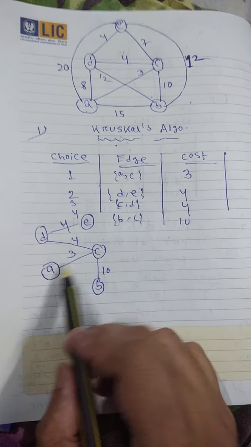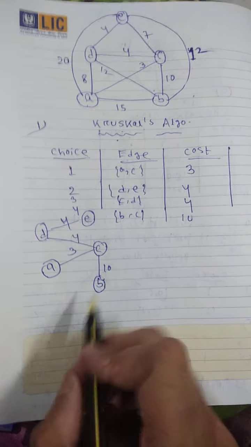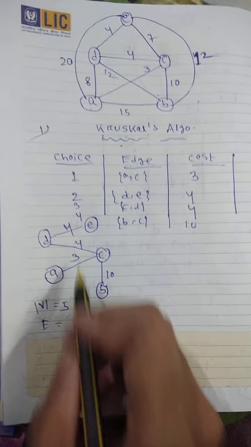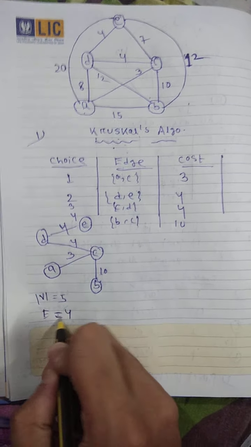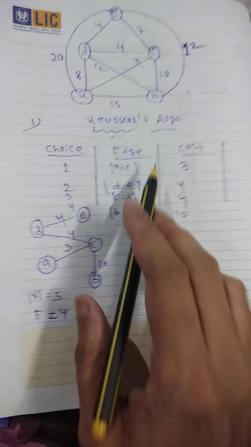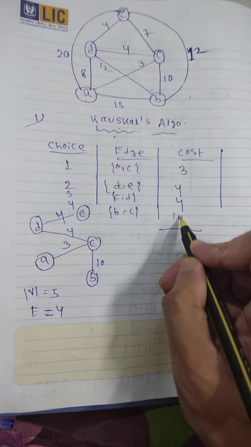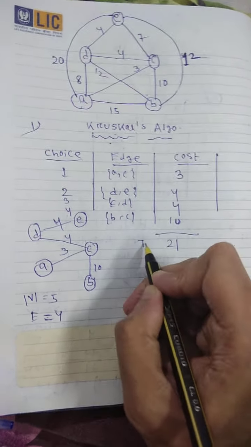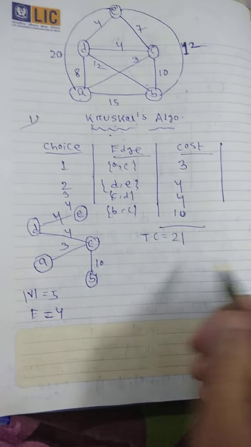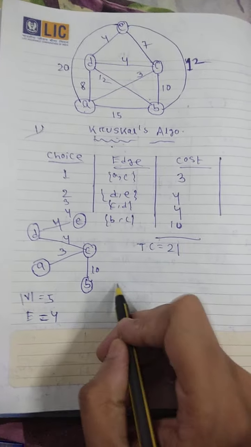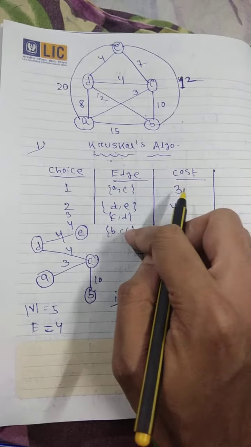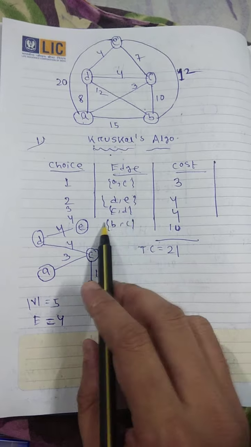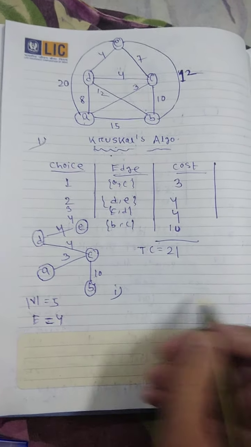Okay, so here how many vertices are there? 5 vertices. How many edges are there? 1 2 3 4, that is 5 minus 1. So this is already a spanning tree, and we also have to find the cost. The total cost, if you add all this, we get 21. Then suppose the question also asks, what is the sequence of order to draw the minimum spanning tree? The sequence is, first I take AC, then DE, CD and BC. So in this way I write it.